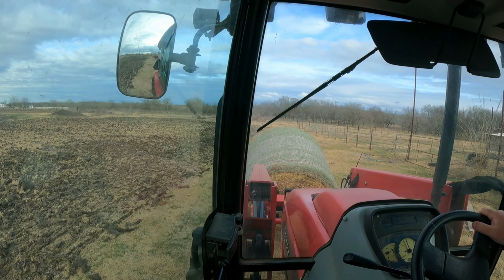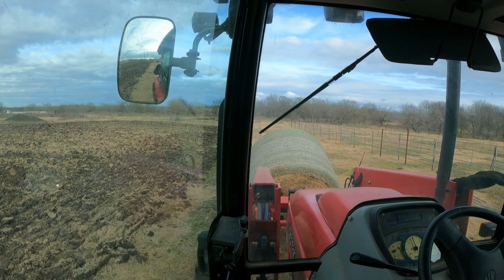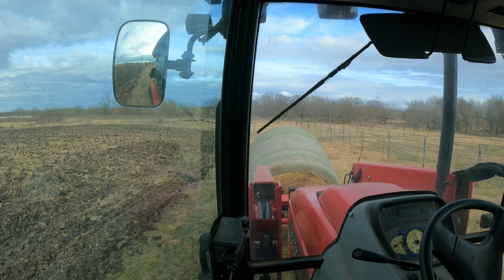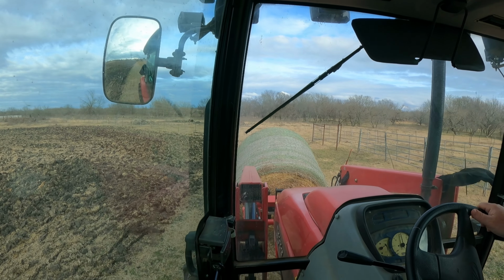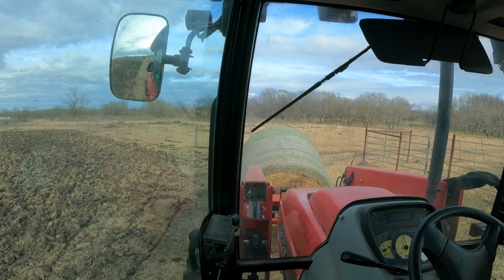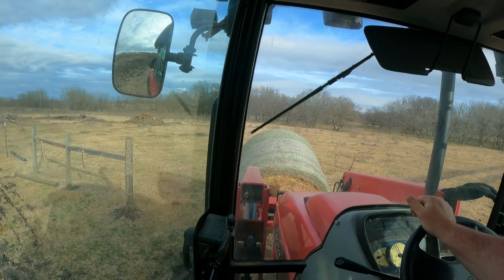So Saturday or sometime this weekend, we should be able to get over here and get a gate, put it on here, get that other panel down in the corner, and they're out of here. So hopefully we get a lot of moisture on it. And over here it didn't plow very good right through there because it's so hard and packed in. It needs moisture. But let's get some moisture on it,